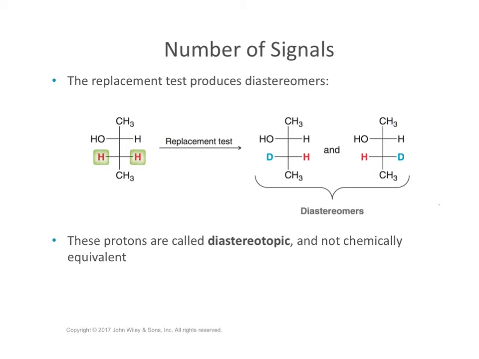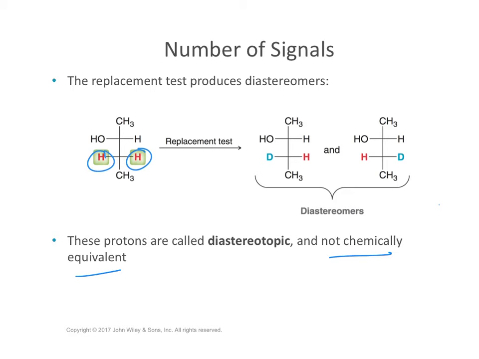Now, what about if you do the replacement test and it produces diastereomers? In that case, the protons would be diastereotopic and they are not chemically equivalent. And we care about this because chemically equivalent protons give rise to one signal, whereas chemically inequivalent protons give rise to separate signals. So since both of these hydrogens are diastereotopic and they're not equivalent, they would each give rise